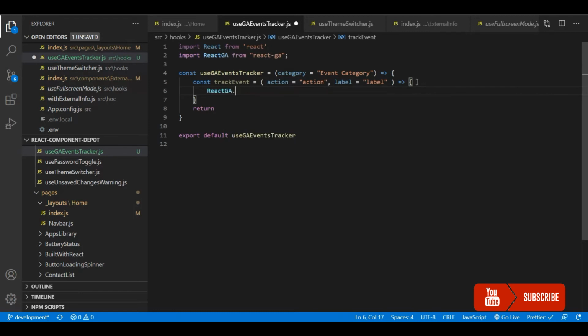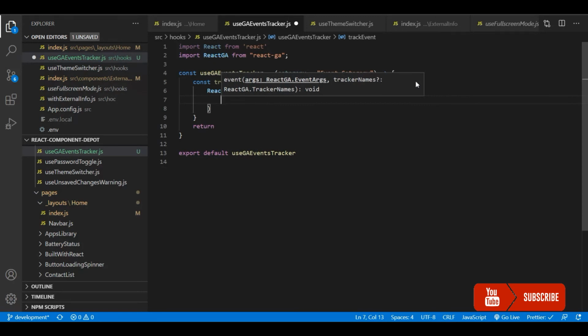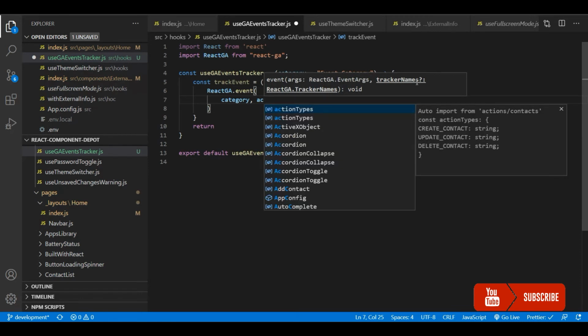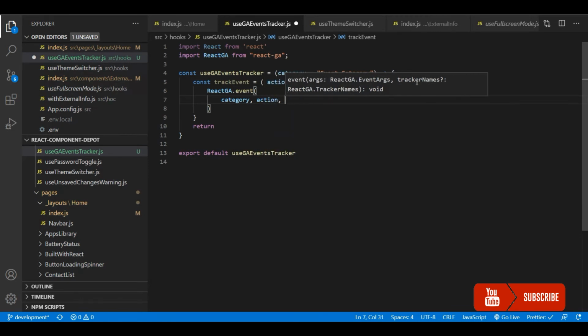So here ReactGA has an event function, so you just need to trigger that, passing all these parameters: category, and you can check the arguments that need to be passed for action and even the label.